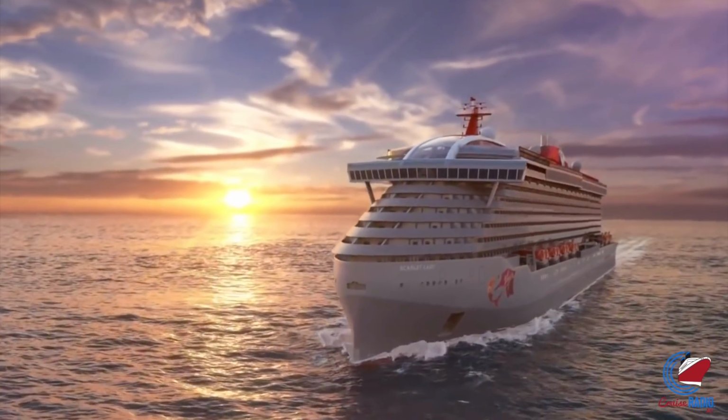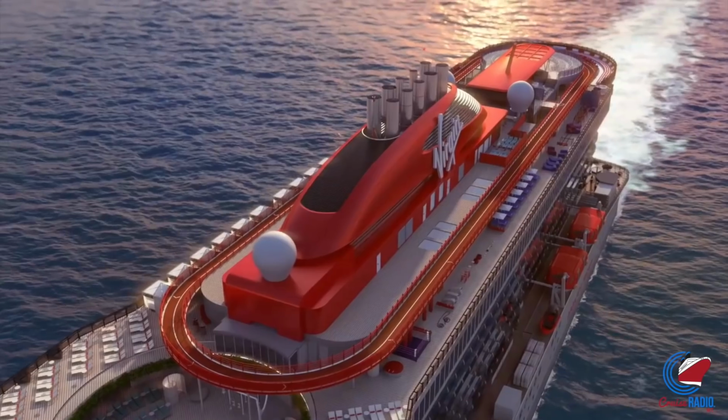I'm Doug Parker with Cruise Radio, and today we'll be taking a closer look at Virgin Voyages' very first ship,